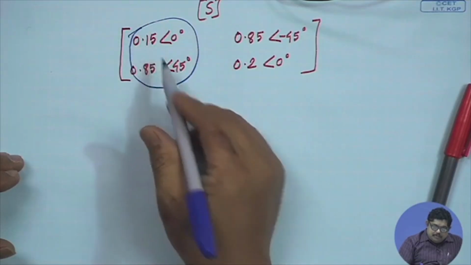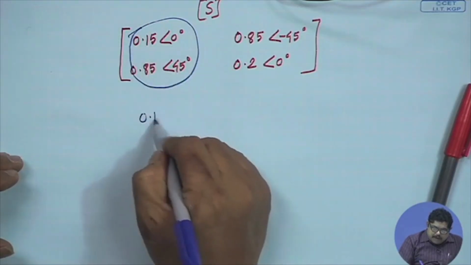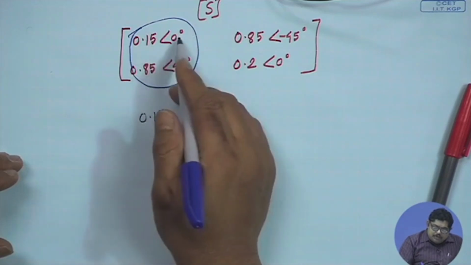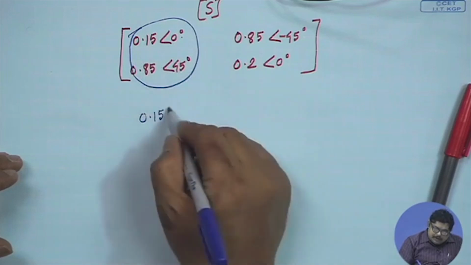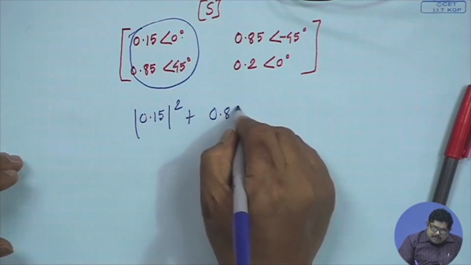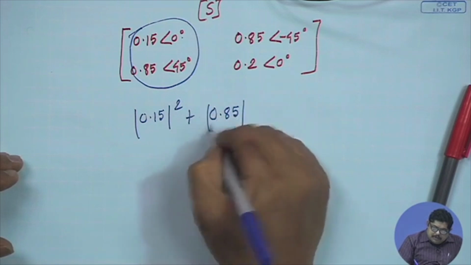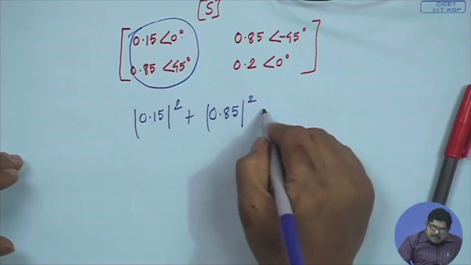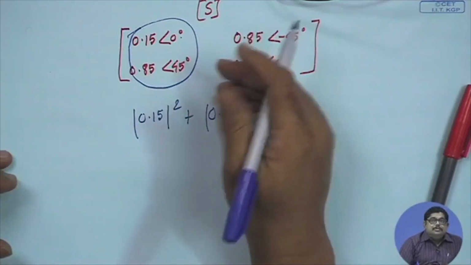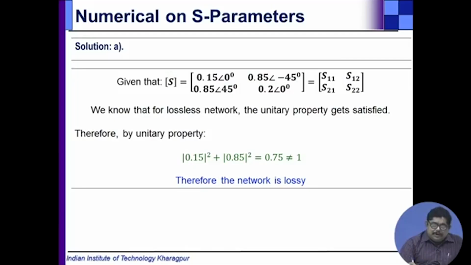So, 0.15 square, this conjugated dotted with the conjugate of these, that means that will be 0.5 square plus 0.85 square. Now, this value turns out to be 0.75, it is not 1. So, the condition is not satisfied, immediately we can say the network is not lossless, that means it is a lossy